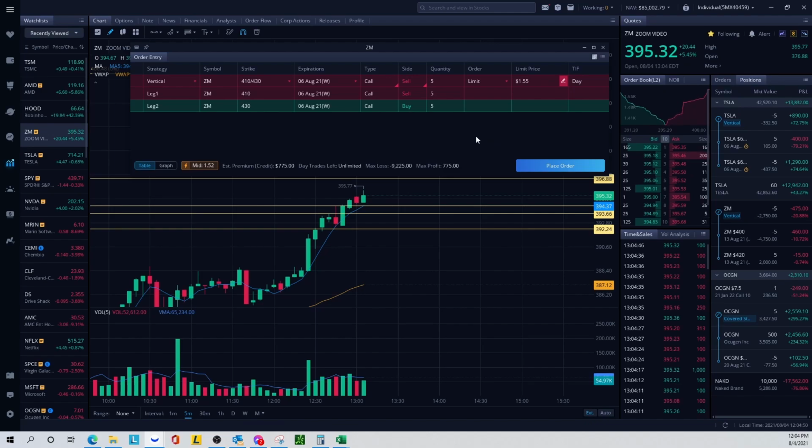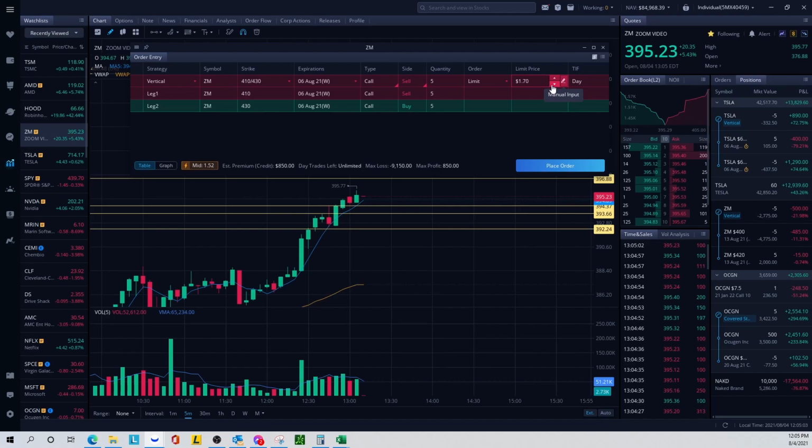So Webull, when you select the strike price, it will default to the midpoint price, but you can also adjust that up or down based on what you want to either pay if you're buying or collect if you're selling. So you can adjust that to what you want. So if I wanted to collect 160 per contract for a total of 800 bucks, then I could do that,